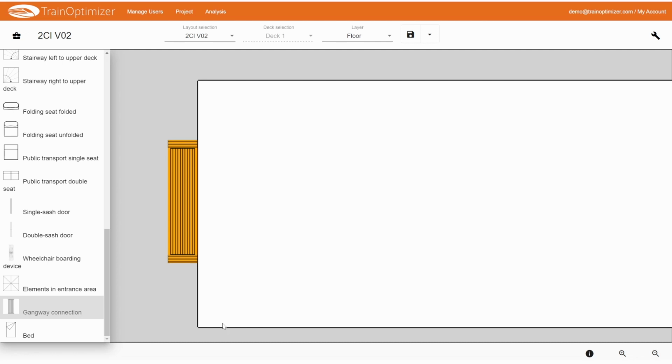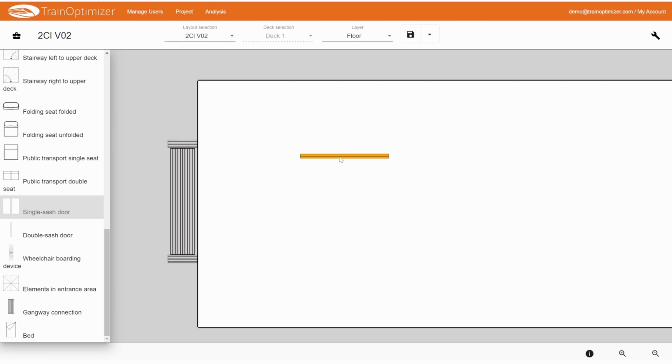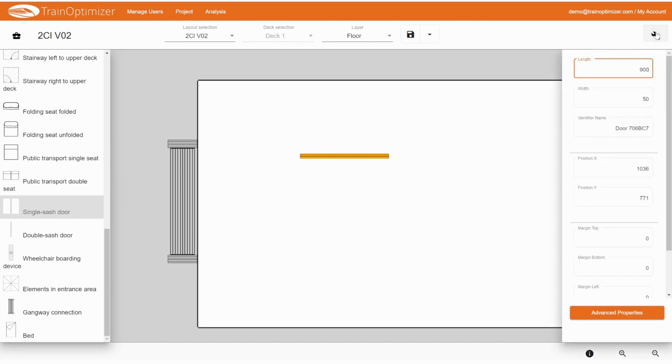Next, we will install the two entrance doors on this side. You can choose between single and double doors. We choose a single wing door here. After clicking on the door, we click on the workspace and have brought the door into the workspace. If you select this element, it turns orange again and you now have various possibilities to configure this element in